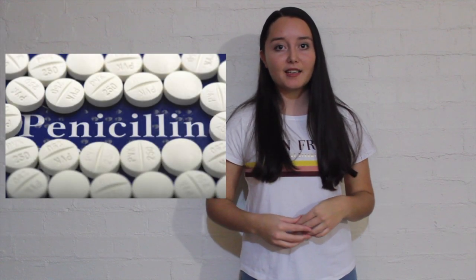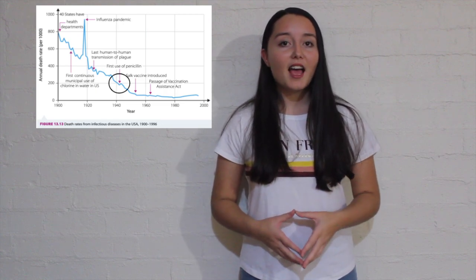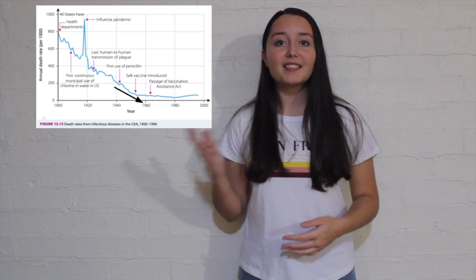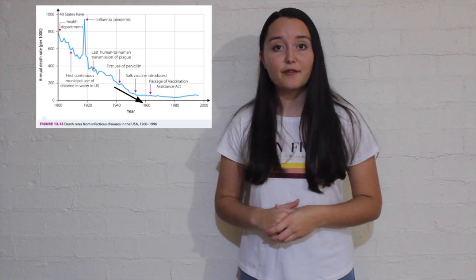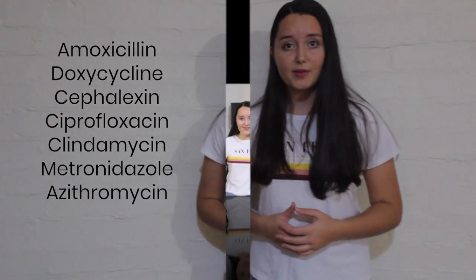Have you ever been sick and needed to take antibiotics? Well, you can thank the creator of the first true antibiotic, penicillin, for the antibiotic you took. Prior to this creation, there had been fluctuating death rates from infectious diseases, and following it, there was a decline in deaths, as indicated by the continual decline following its introduction in 1942. Penicillin allowed for effective treatment of bacterial infections, which was not seen in history before this, and at that time allowed infections that would previously have killed many to be treated and save lives. Penicillin also allowed for the development of other antibiotics that have been able to save numerous lives around the world.